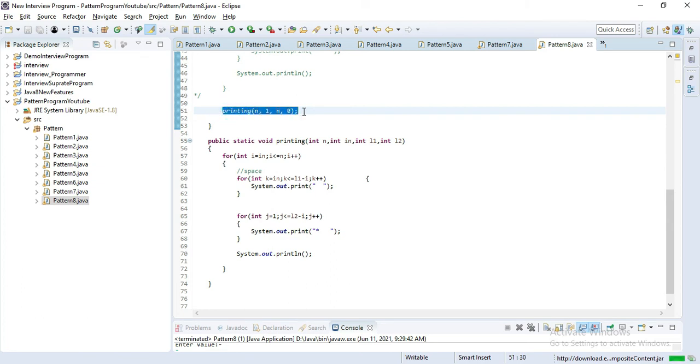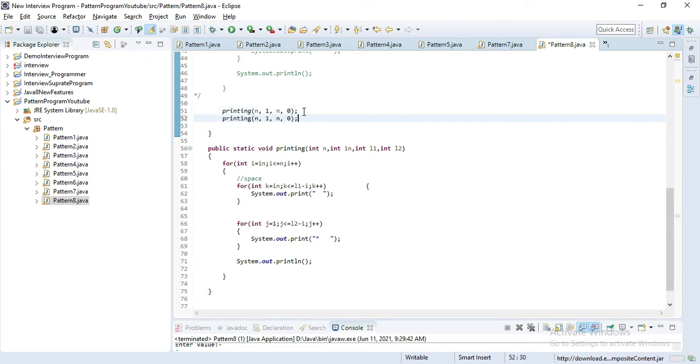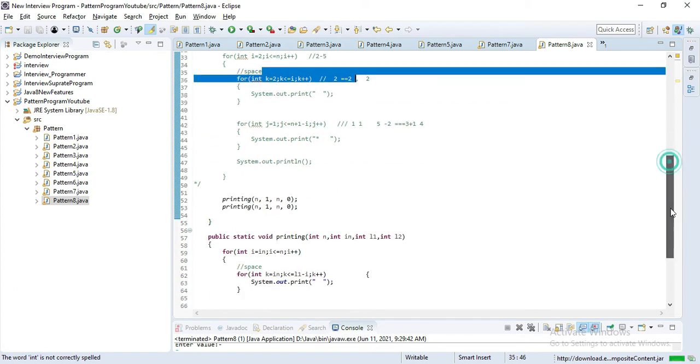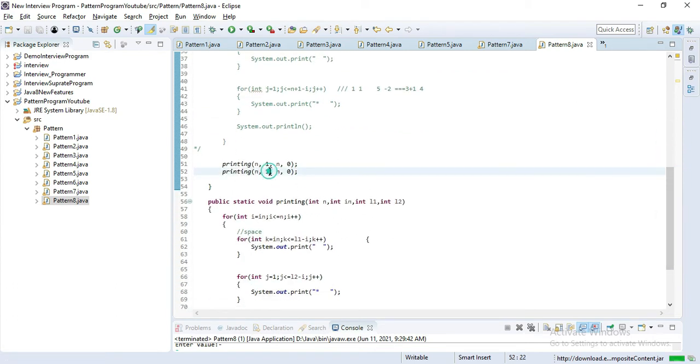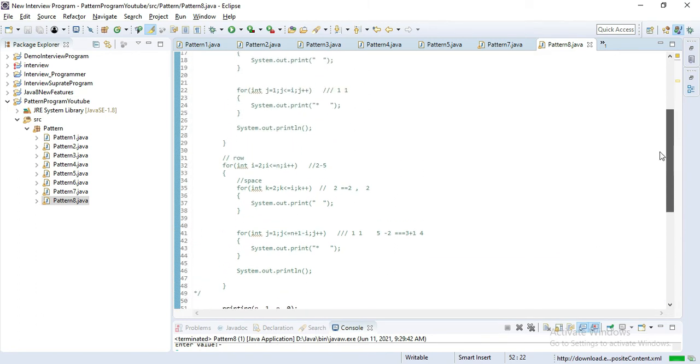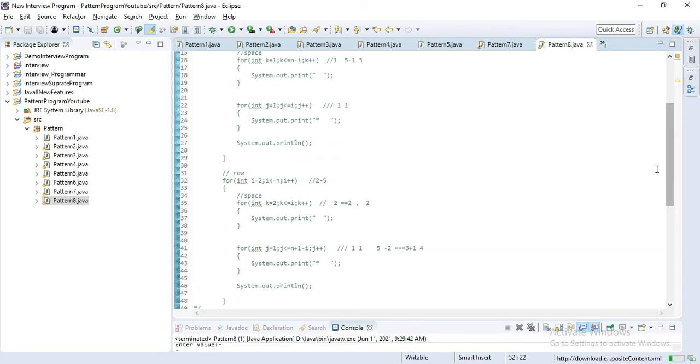We will call the same method again for printing the second part. In the second part, our initial value is 2, our n value is always the same. Let's change the initial value here, instead of 1 we will change it to 2. For l1, you can see our n value is 0.